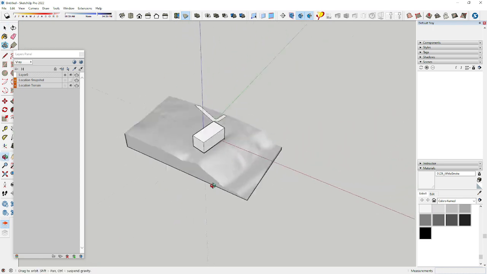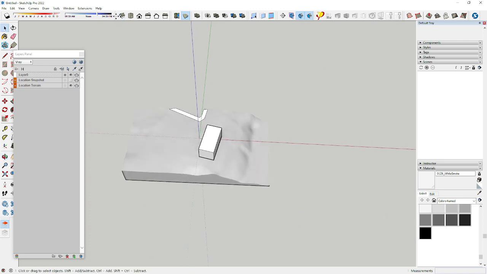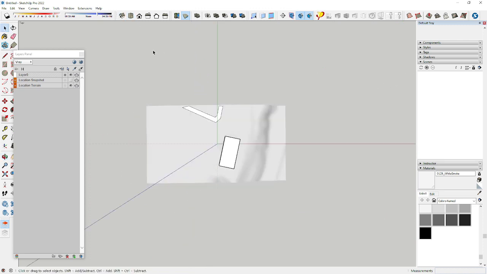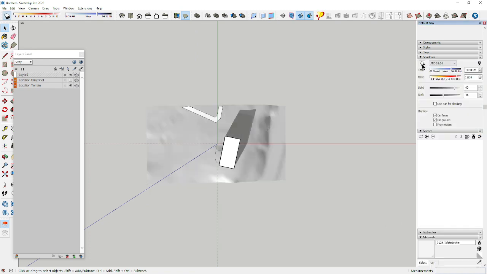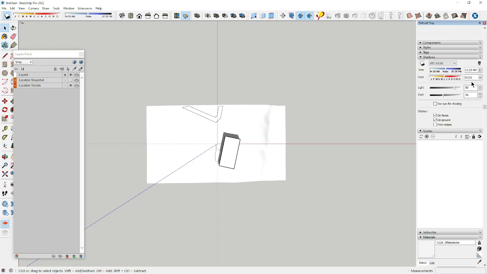And now I have this really quickly, a context model, and I can then also just do a solar study very quickly. Turn on the sun, pick whatever days I want. And I can save these. Let's say I'm going to do solstice here, 9 a.m. on solstice. I save the scene,